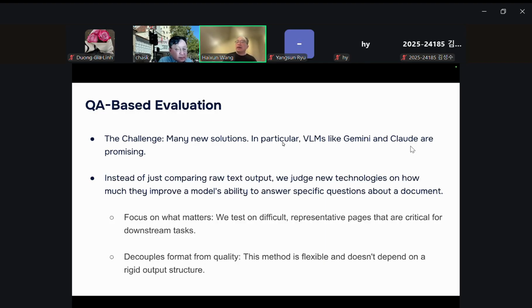So we don't care what kind of format you use, whether you describe things in one way or the other, whether you use tables or narratives or bullet points or whatever you do. But we use your output as input to some large language model, and we ask the large language model to answer questions using your input.